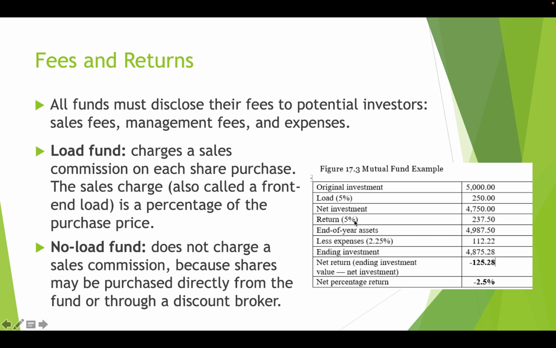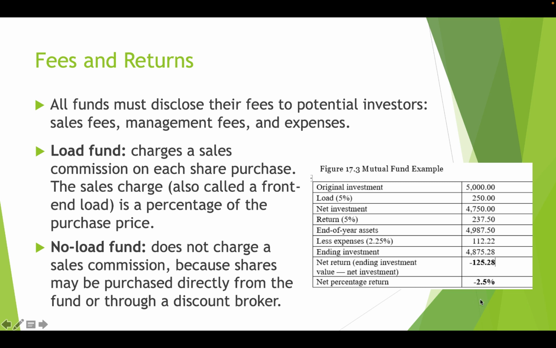From there, we can see that we have a 5% return of $237.50 on that net investment. And when I add those two together, my end of year assets will be $4,987.50. Now, I do have to subtract expenses, so I will subtract $112.22 from my end of year assets, which leaves me with an ending investment of $4,875.28. So you can see if I take my net investment, subtract my ending investment, I get 125.28,